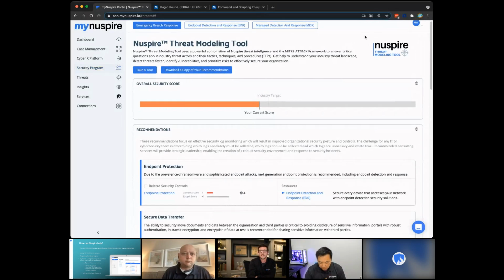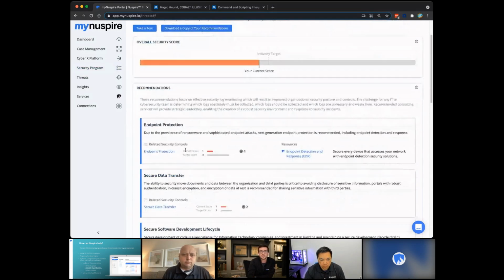In this example, for this customer, they are in the information technology industry, and that's where these recommendations and the threat models are coming from. But you'll see our recommendations here are based on where the customer is at with their controls. So as an example, everyone knows EDR is insanely important to protect against ransomware and all kinds of sophisticated attacks. And frankly, this is one of our most common recommendations. But let's say you are already at a maturity level of 5, then we would show you the next most critical recommendation. And all of this is based on combining the threat model with where you are at today in your defenses.